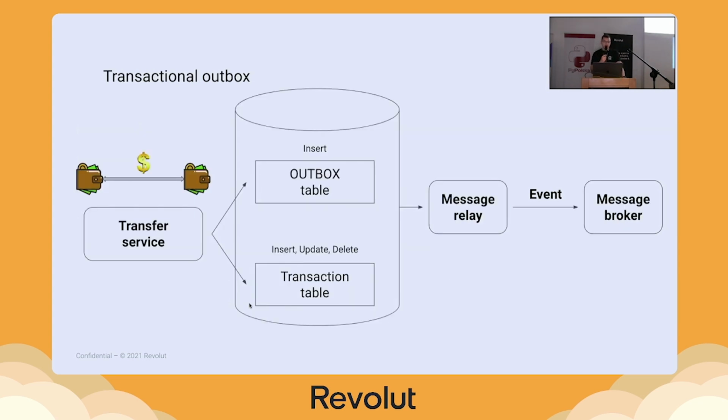One of such techniques is a pattern called transactional outbox. Let's do some short theory before. This pattern actually gives us a guarantee that all the changes, including emitting an event, will be produced in an atomic manner. So let's take a look at an example with money transfer operation.